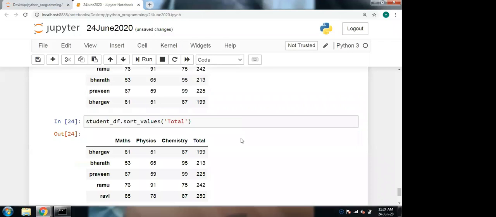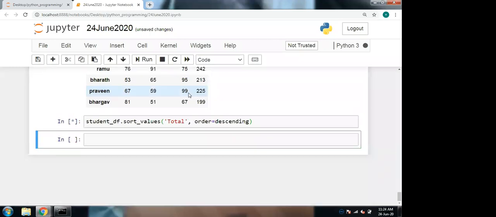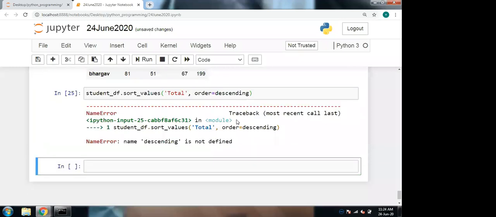If you want them in descending order, we should use the attribute order equal to descending. So descending is not defined. I think DSC. Yes.